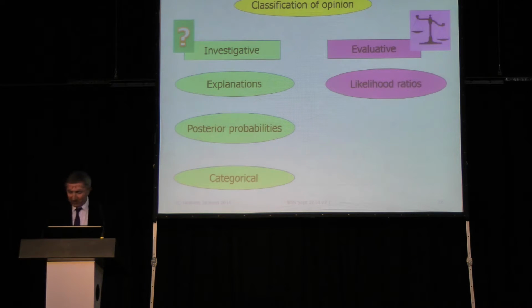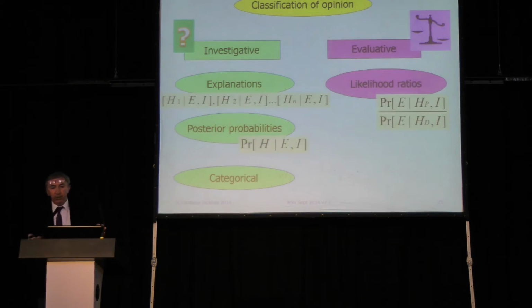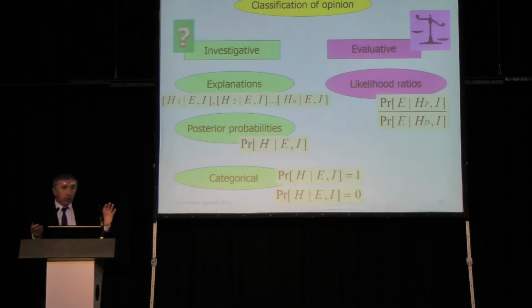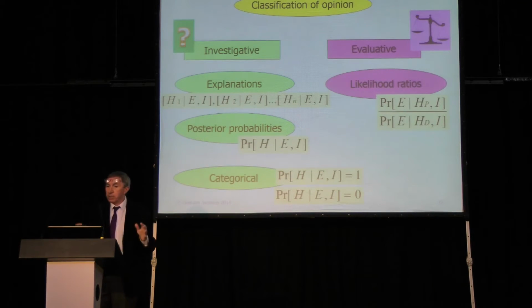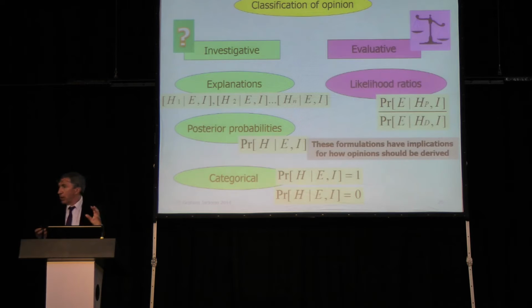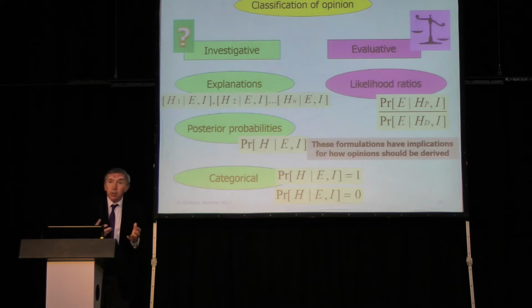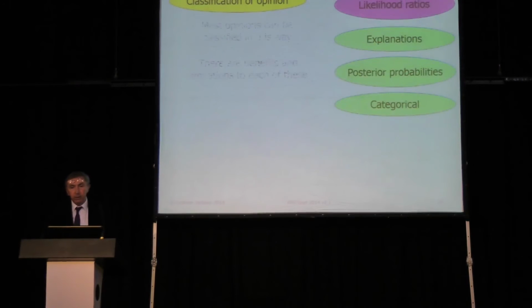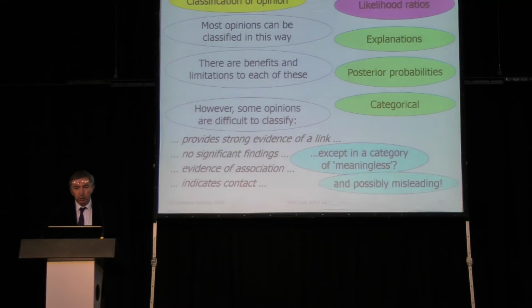Quickly, okay. So if we can classify the opinions that scientists give along these lines, and we put some hieroglyphics on there just to help us as scientists, the formulations of those actually then give us some clues as to how we can check that those opinions have been formed in a reliable, logical, robust way. Hang on, I'll click through that.